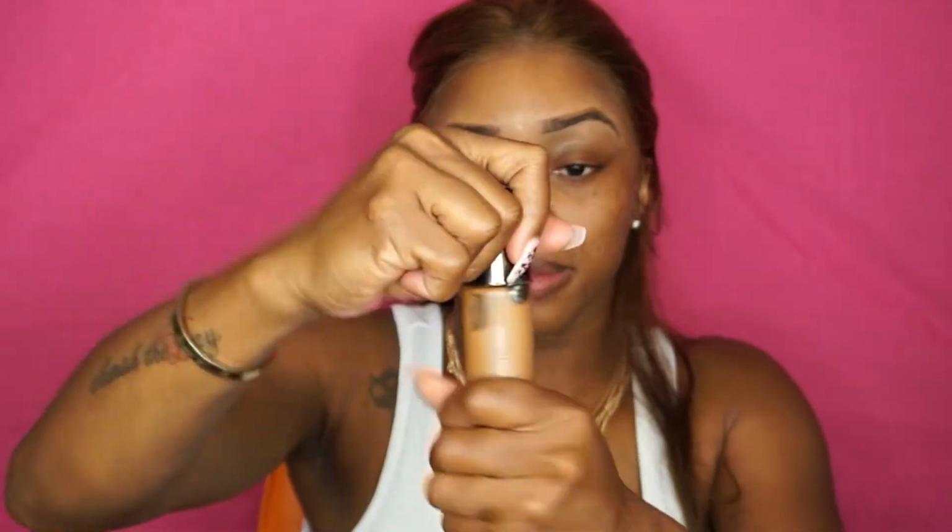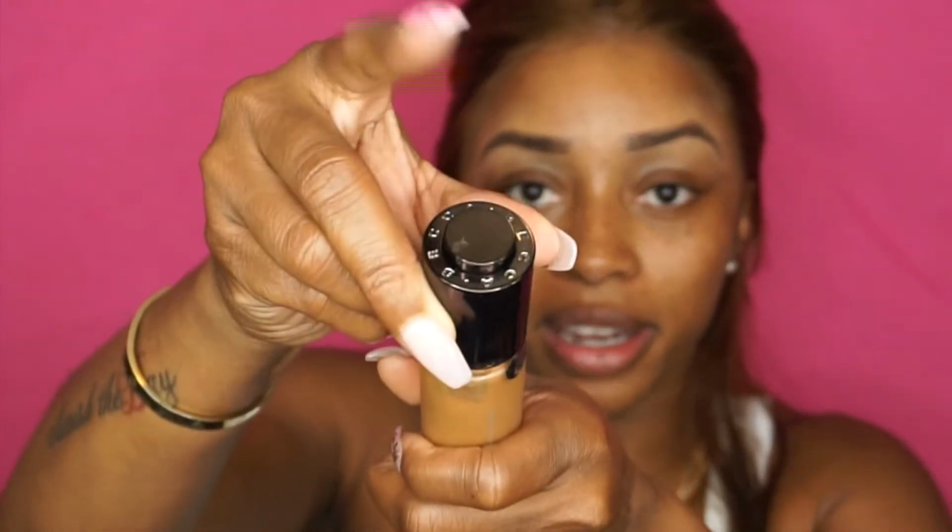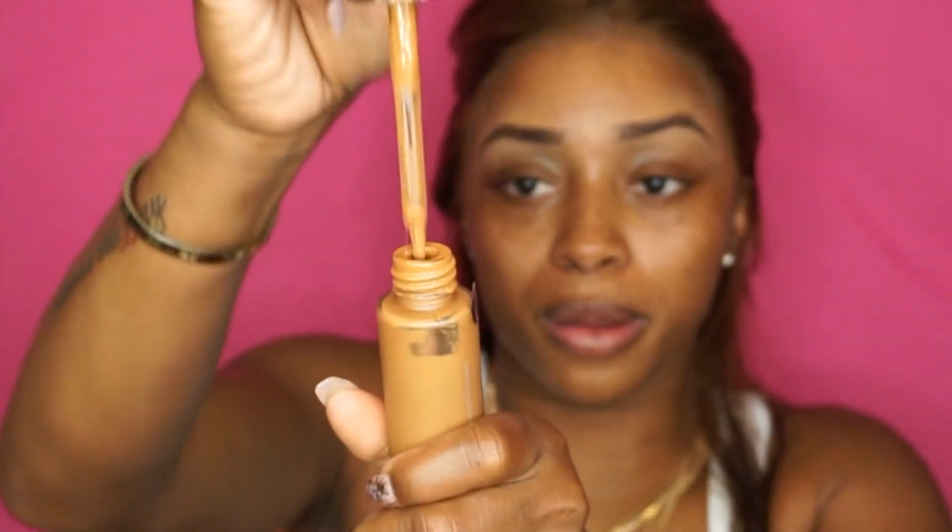I've also been using this Becca Aqua Luminous Perfecting foundation. This is in the color Warm Honey, and it comes out like this, and it has a little dropper. You just press the button right here and it grabs up some, and then it just drips out like this. This is very dewy. I do feel like it oxidizes, so it tends to get a little darker. So once I have a tan now, but I usually gotta be a little bit darker to use